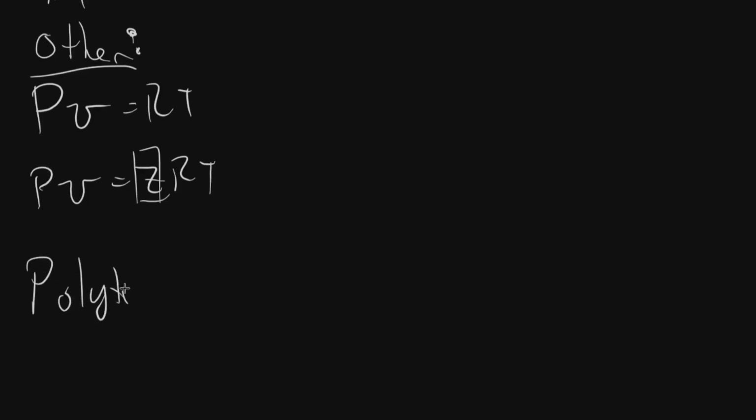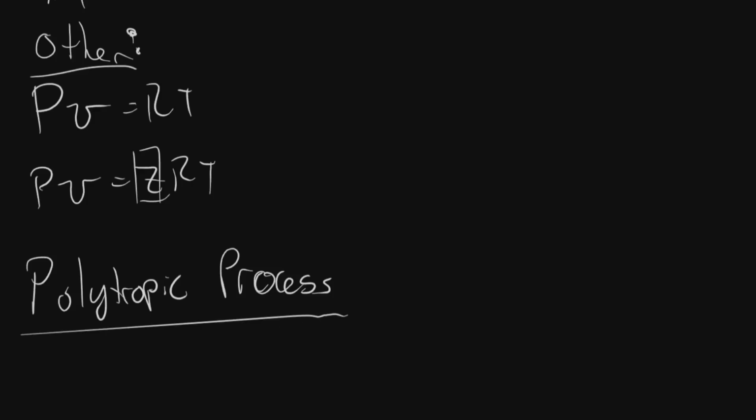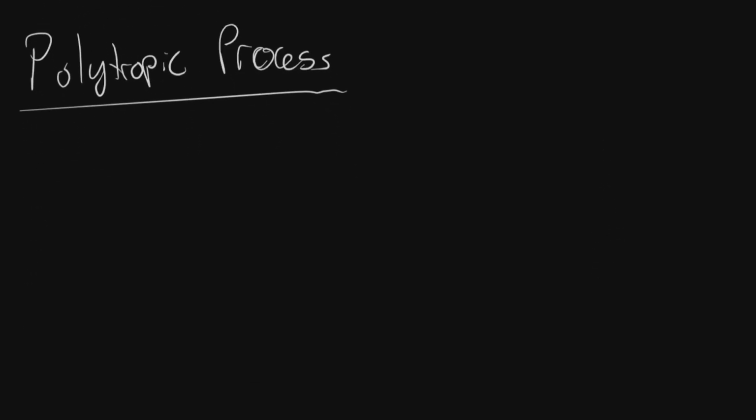There's something called a polytropic process, which basically means that there isn't a great intuitive way to do this. It's mostly just a notational thing. But basically polytropic means that P times V to the nth power is constant. So for example, if my N is 0, then this term goes away and I just have constant pressure. If my N is 1,